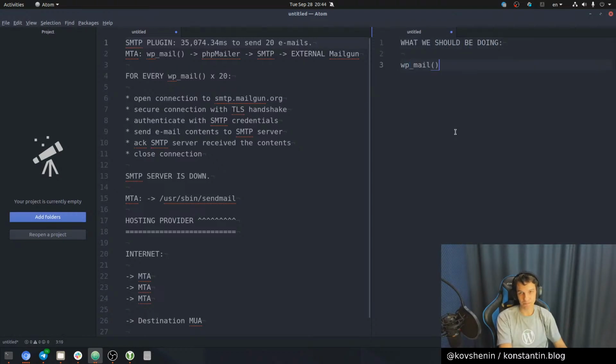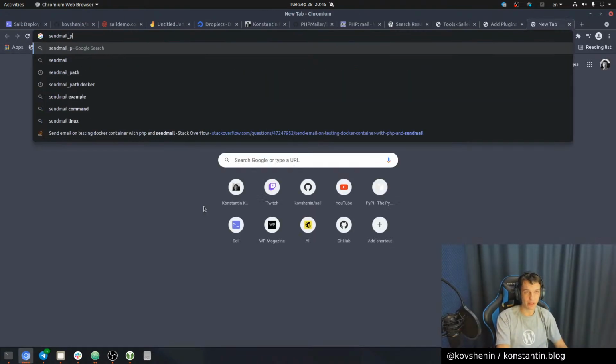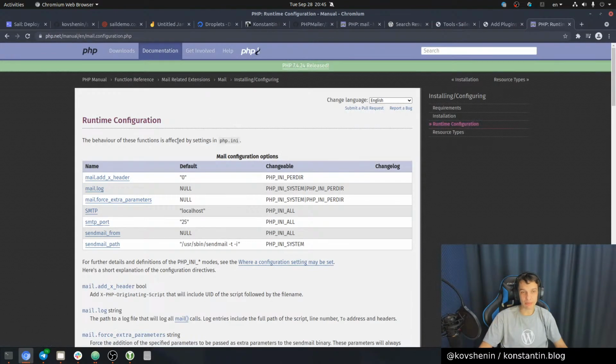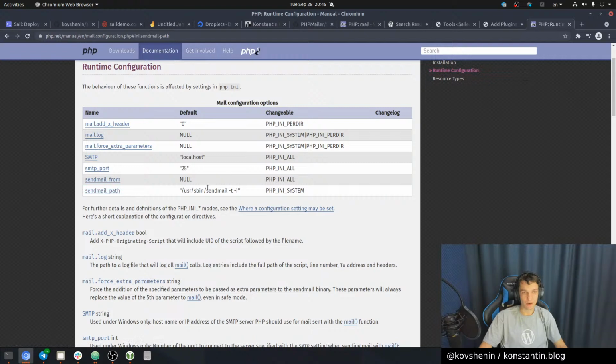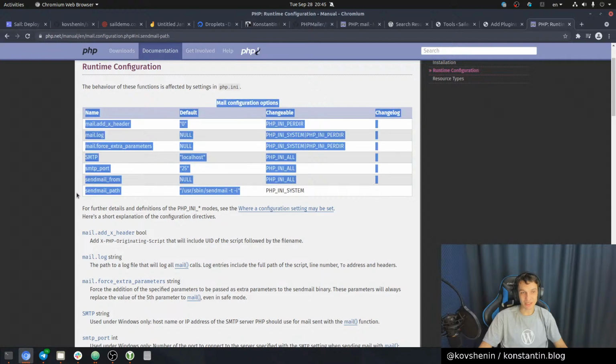So WP mail is going to go to PHP mailer, and it's going to go to mail. So this is PHP's internal function called mail, and this is going to go to user sbin sendmail. This is a binary, and this is a binary configurable sendmail path. It's a PHP runtime configuration variable, and it just defines where this binary is, and a couple of flags to run it with. And so essentially